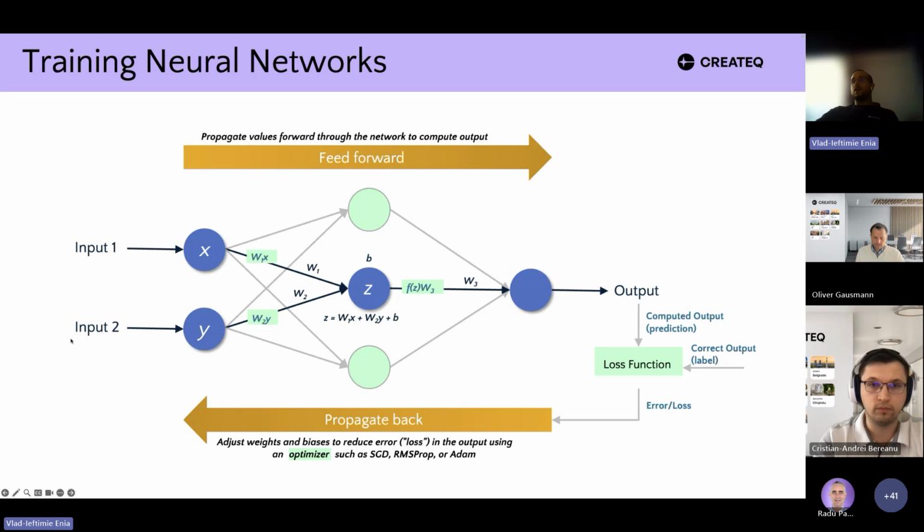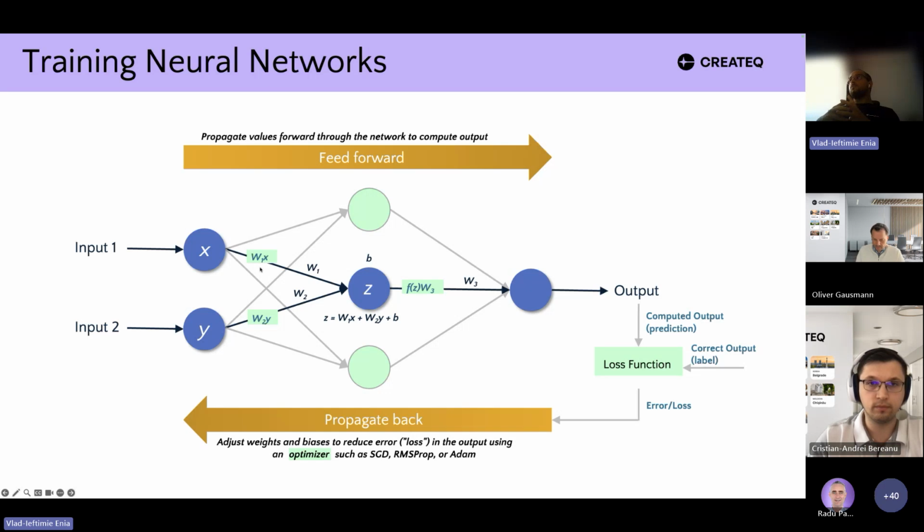From left to right, we have the forward pass or feed forward step, which is basically the network providing the prediction for a given input. So if we have two inputs, X and Y, each input is then multiplied by a given weight, W1 and W2,